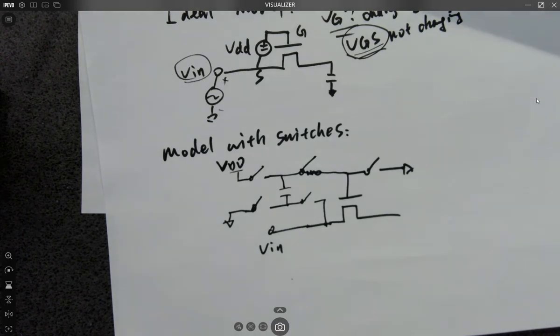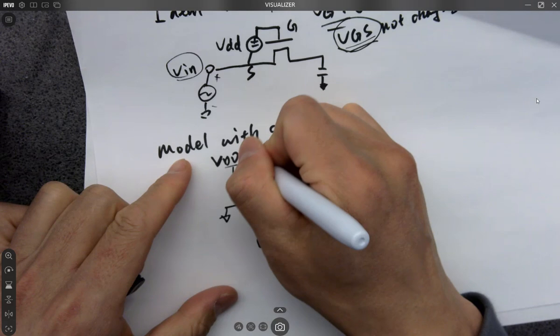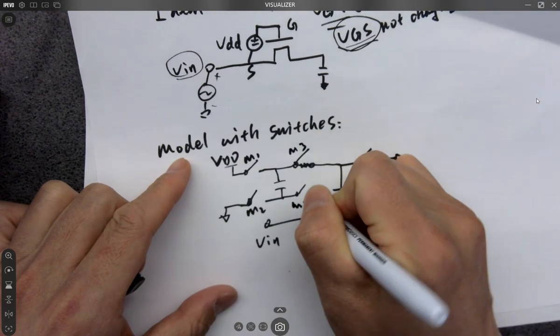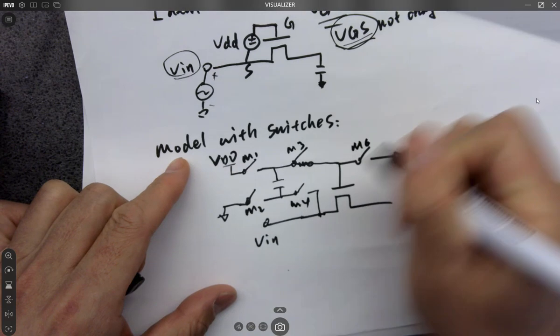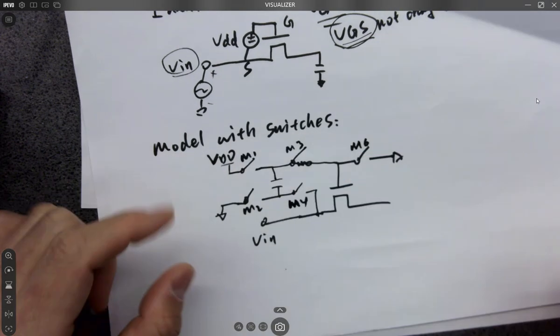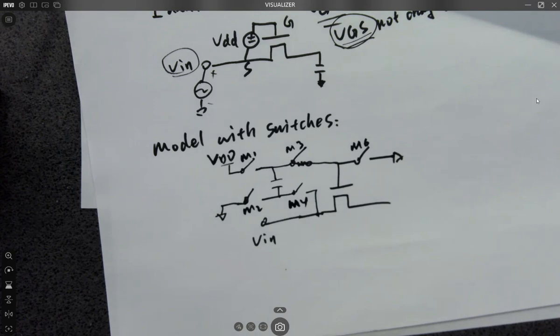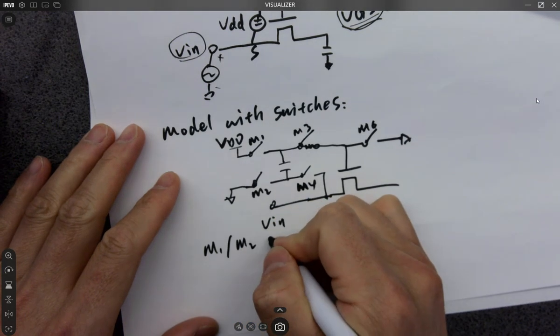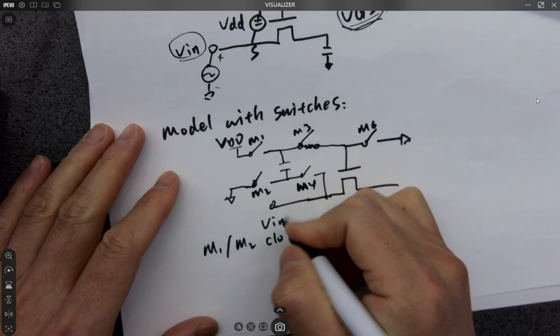So if you close these switches, let's call it M1, M2, M3, M4, M6. M stands for MOSFETs. So these switches are eventually transistors. You can model them as transistors. So when M1, M2 are closed,